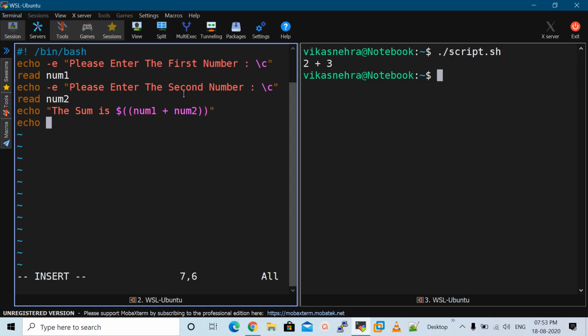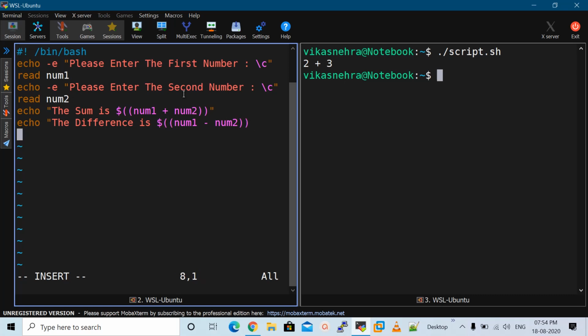Again we can use the echo operator, echo command, and then we can mention here the difference is dollar, and inside the brackets we can mention here num1 minus num2.